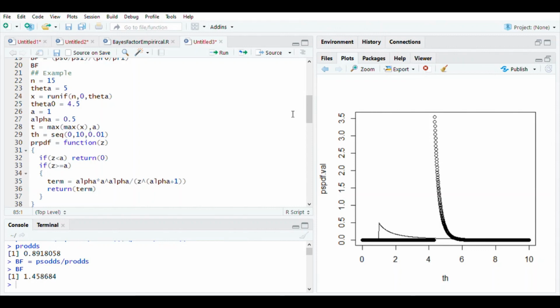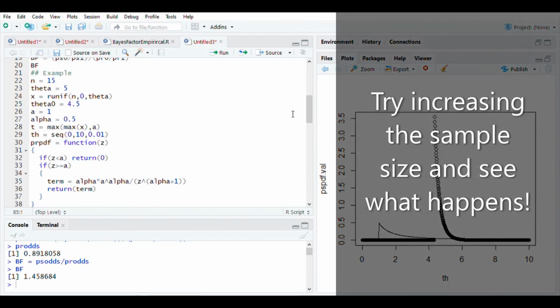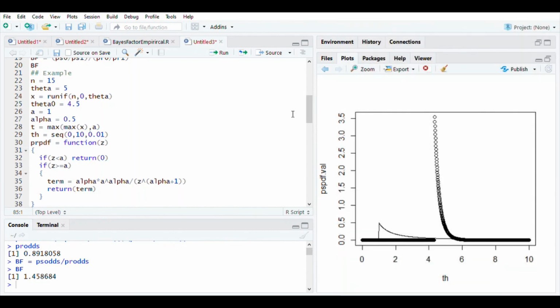But notice that theta naught and theta are very close to each other, so it is likely that you take a wrong decision in such cases. What can be done is increase the sample size to take a better decision, or there are certain test procedures called locally most powerful test procedures which are adopted in such cases. That term you can Google, take it as an exercise. So let us stop here.